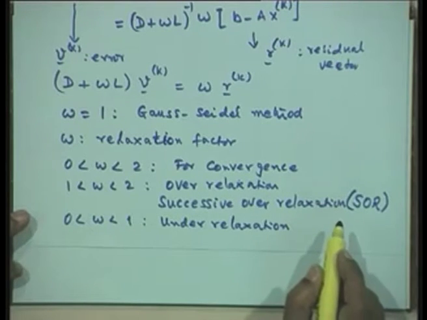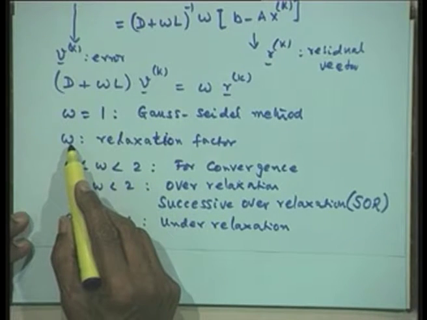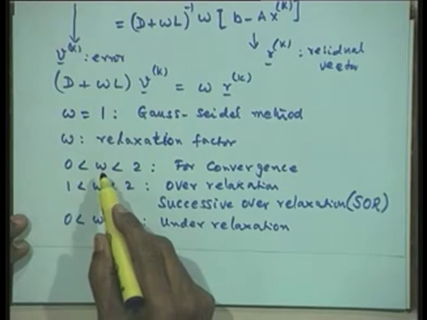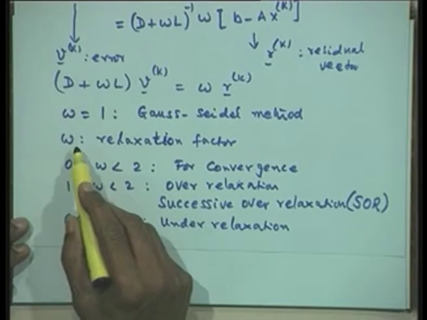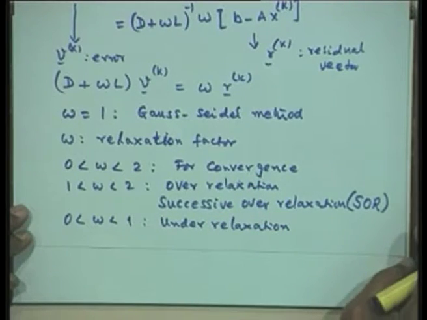Now, the success of the over relaxation procedure depends on the relaxation factor being correctly determined. For the properties that I have mentioned earlier, symmetric and property A, it is possible for us to say what the optimum value of omega is, such that this has the fastest convergence. It is not unusual to get at least 10 times faster than Gauss-Seidel in many cases. In fact, if you can find the optimum relaxation factor very accurately, even getting 100 times faster than Gauss-Seidel is not surprising. Successive over relaxation is therefore one of the most important methods for the solution of linear algebraic equations.